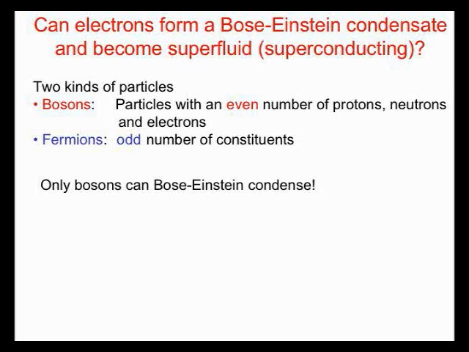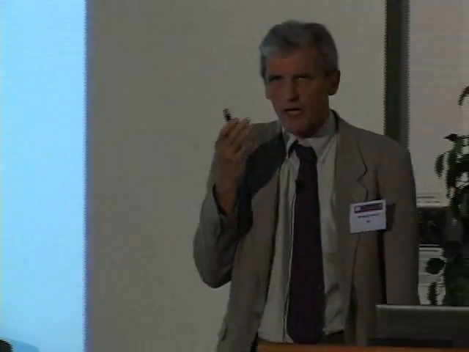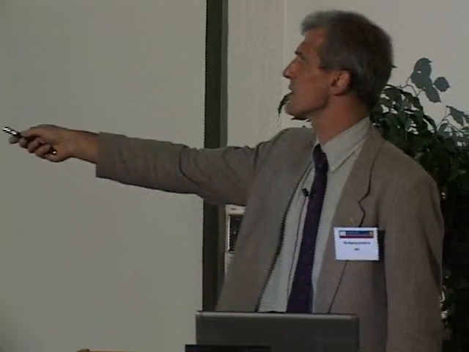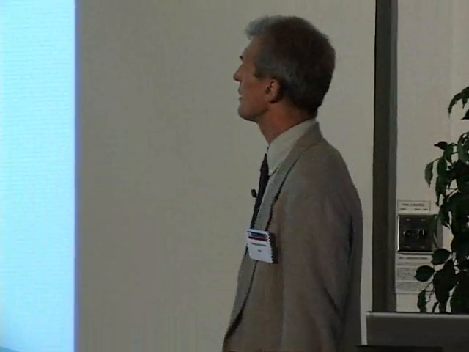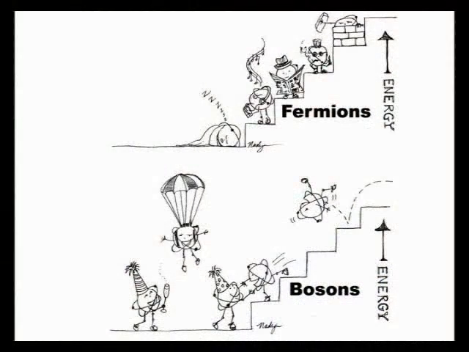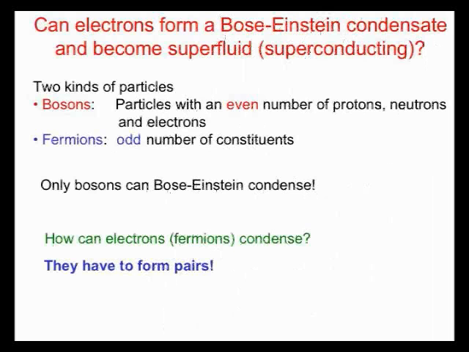Well, just to the non-atomic physicists in the audience, we can do Bose-Einstein condensation only with bosonic atoms. And this will become clearer in the next slide. If we want to use cold atoms to understand and simulate the behavior of electrons, we really need atoms which are fermionic, which consist of an odd number of protons, neutrons, and electrons. So in order to make the fermions do what the bosons do, namely form a happy Bose-Einstein condensate, we have to form pairs of fermions. And really to understand how fermions pair up, this has been a major frontier in the field.